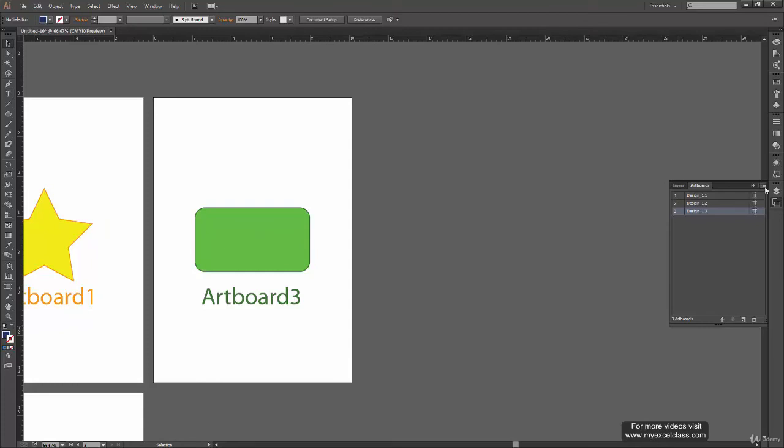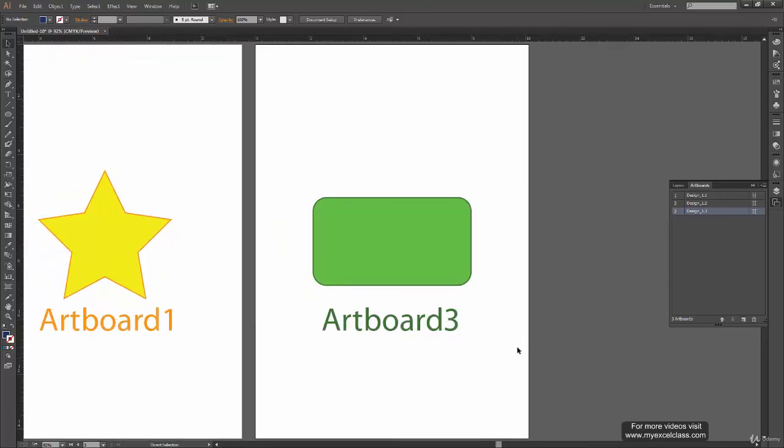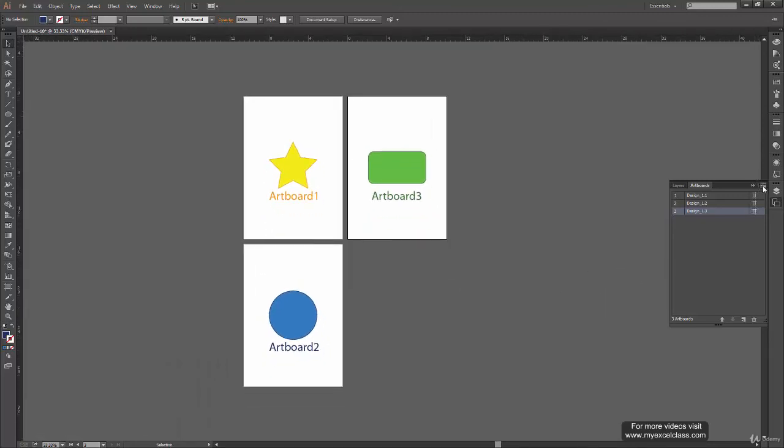Now we have this list kind of icon at the top right corner of the panel. So click on this one, and here we have some more options. The first one is new artboard. The second one is duplicate artboard, delete artboard, delete empty artboards, and artboard option, rearrange artboards. So let's quickly go through all of these options. So for that we need an empty artboard also. So let us click on this button and let's say new artboard first.